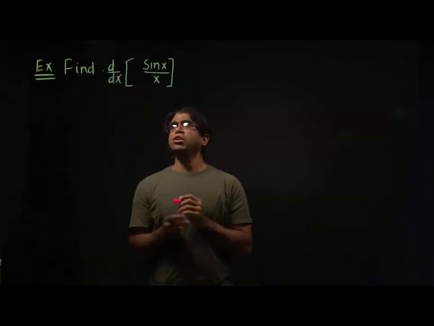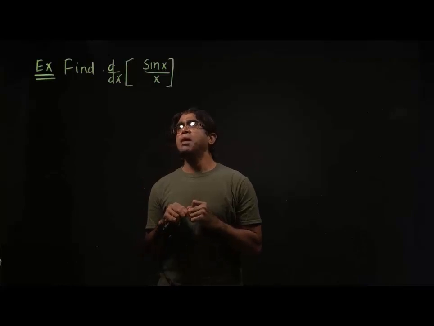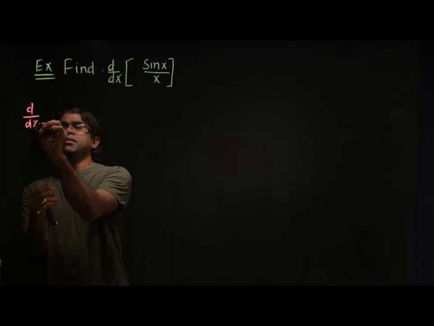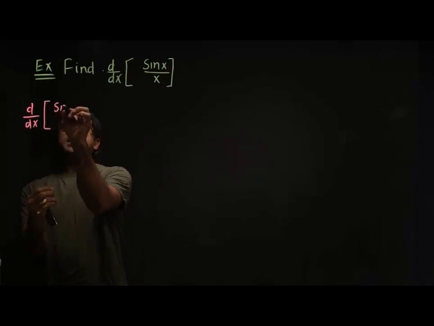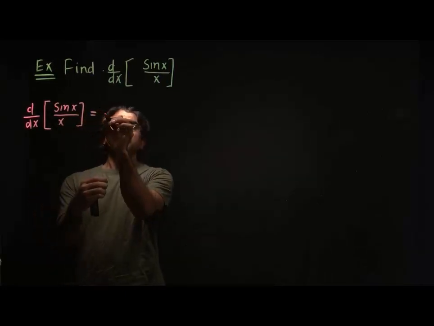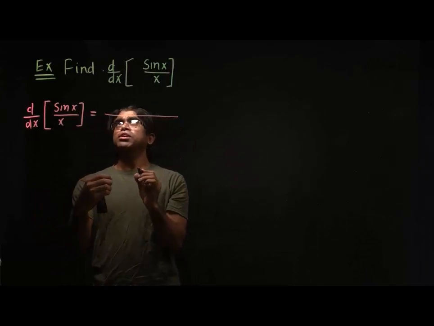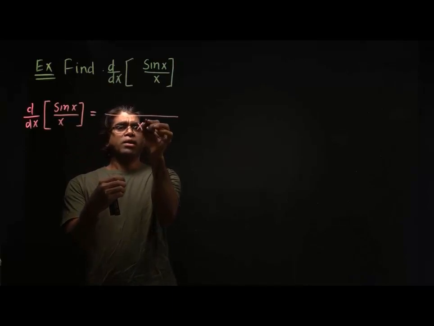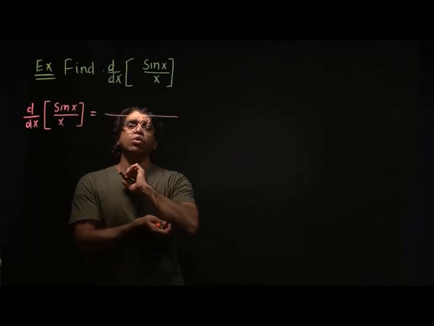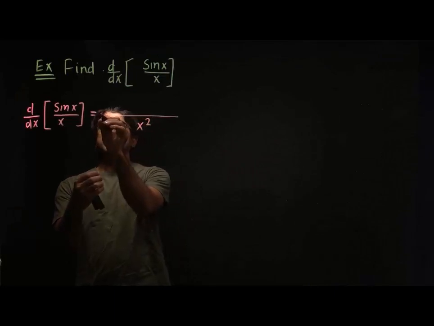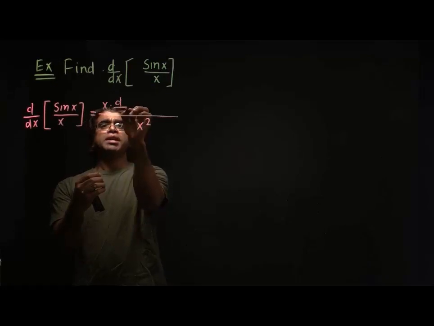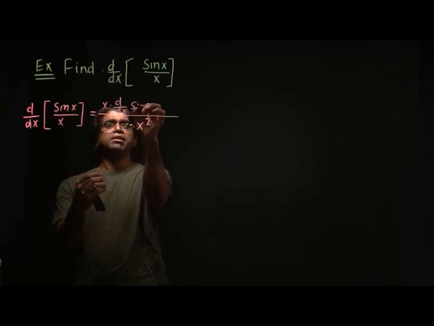In order to solve this derivative, I'm going to use the quotient rule. So I will write d by dx of sine x over x is equal to, if you remember, the quotient rule has the denominator squared. So basically in the quotient rule we square the denominator, and at the numerator we write denominator times d by dx of numerator,